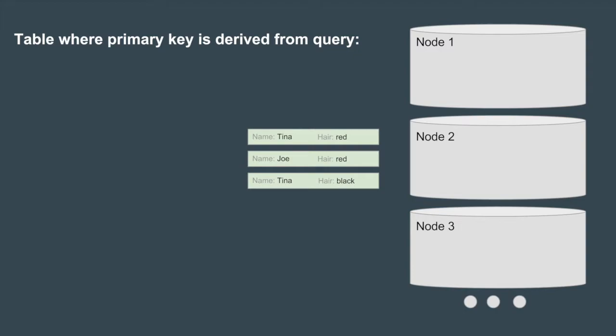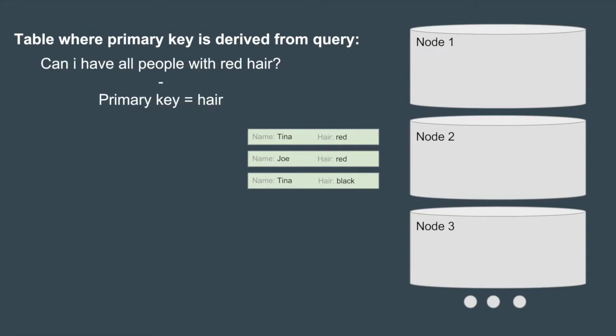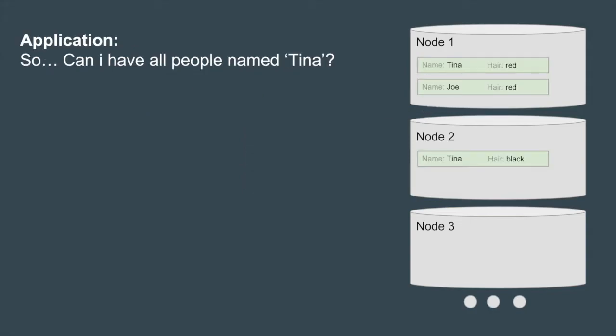The thing is, you have to create these tables where you choose a primary key, and the primary key is the input for your hash function that Cassandra uses to distribute the data across the nodes. And you derive the primary key from the query. So if we have the query that we want all the people with red hair, then we set the primary key to be the hair color. So now if we distribute these records, Tina with red hair goes to node 1, and then we know that Joe with red hair also goes to node 1, but maybe Tina with black hair goes to node 2. And now we can easily query all the people with red hair because they're on the same node,